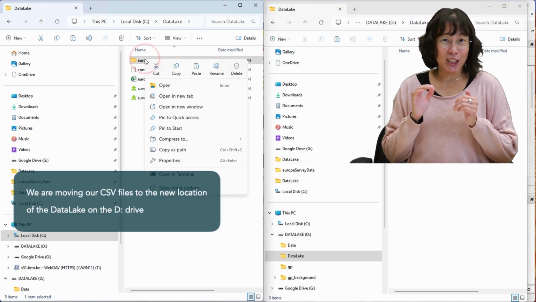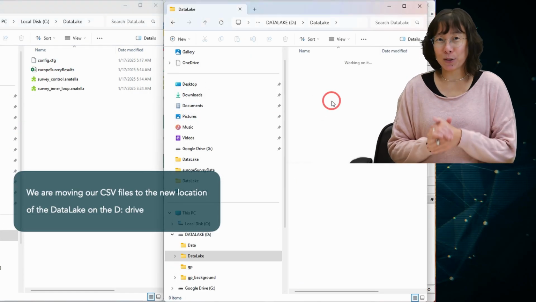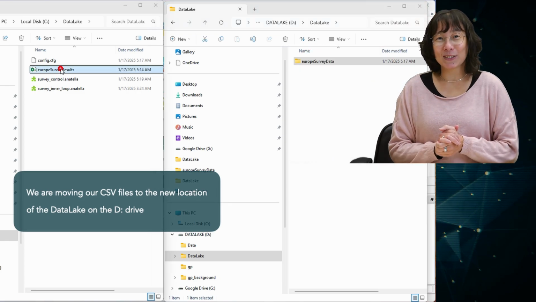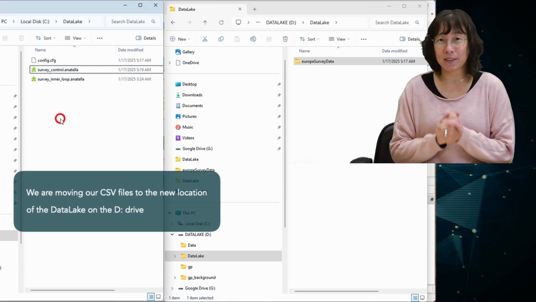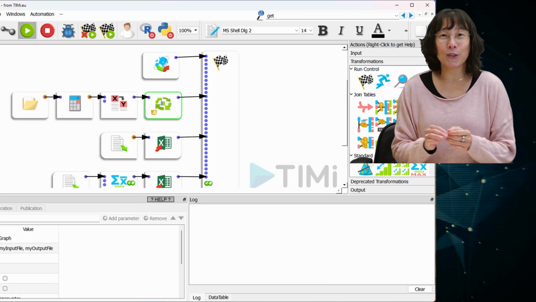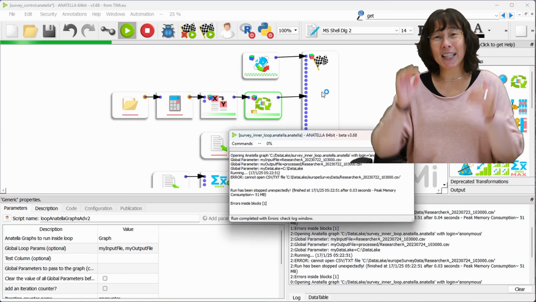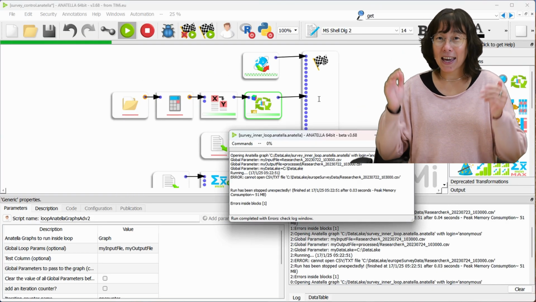After making this change, delete the output survey result Excel file, run main.anatella graph and observe what happens. This main graph calls the survey control.anatella graph, which in turn creates the results Excel file.